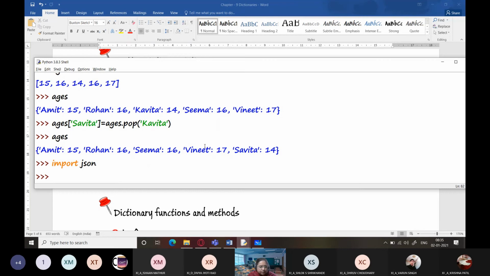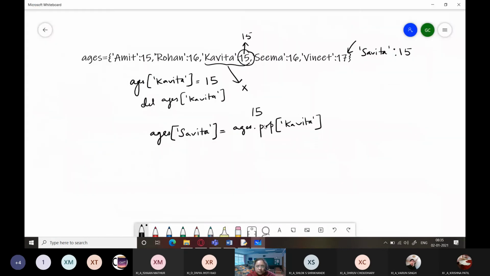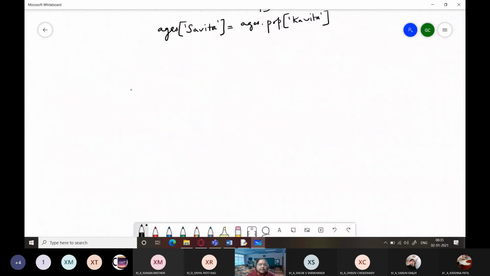So in this, we are going to use a method known as dump. So how do we use that? Suppose we want to pretty print the dictionary ages. So how will we use it? Within the print function, we will be writing JSON dot dump, the dictionary object, followed by an argument indent equals n.